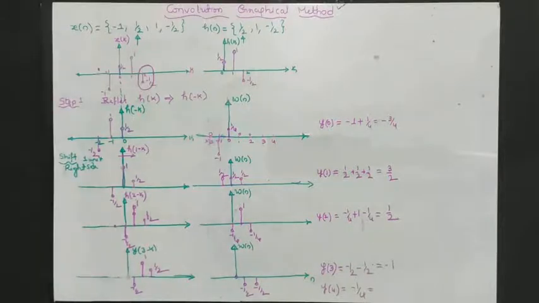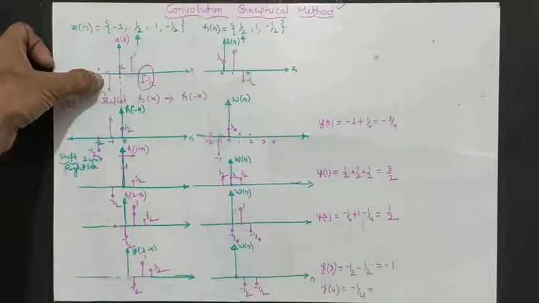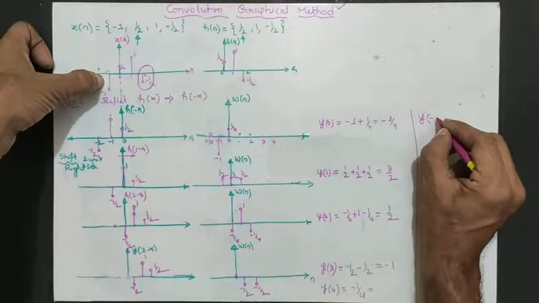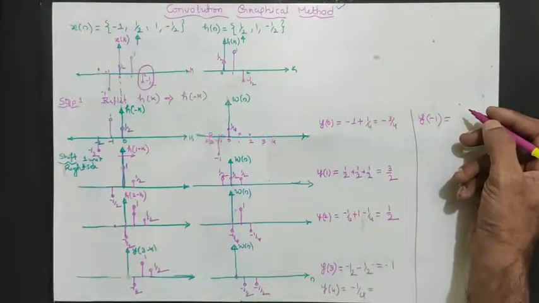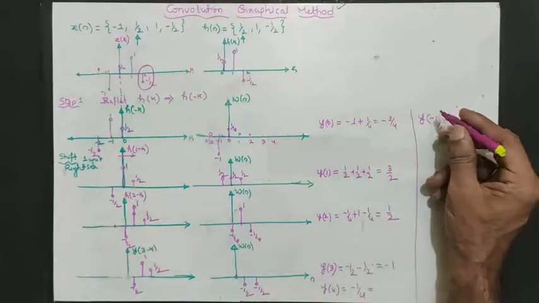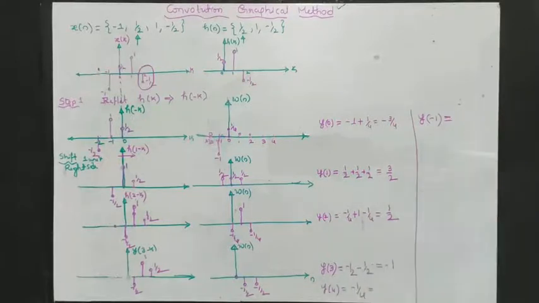Similarly, on the negative side you have to check. You can try that next, shifting to the left side and overlapping with minus 1. You already know the answer for y of minus 1. My answer is already verified. I have given it in the previous video session. You can verify that answer. Y of minus 1, you see,